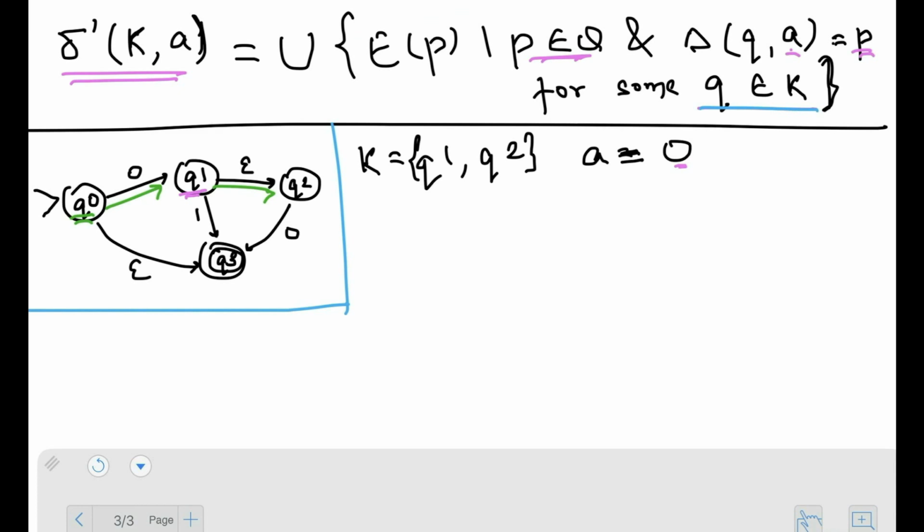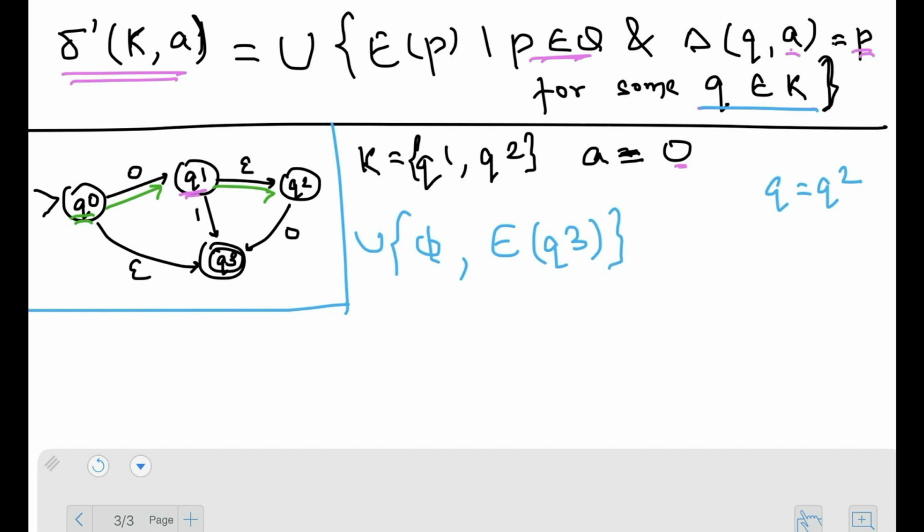So for my first scenario I have q is equal to q1, and delta of q1 comma 0 is nothing, because in my NFA I don't have a transition at all, so that would be a phi. And of course I have the arbitrary union here. I have phi, and for the second case I have q is equal to q2 now, and delta of q2 comma 0 is equal to q3. So I have epsilon of q3